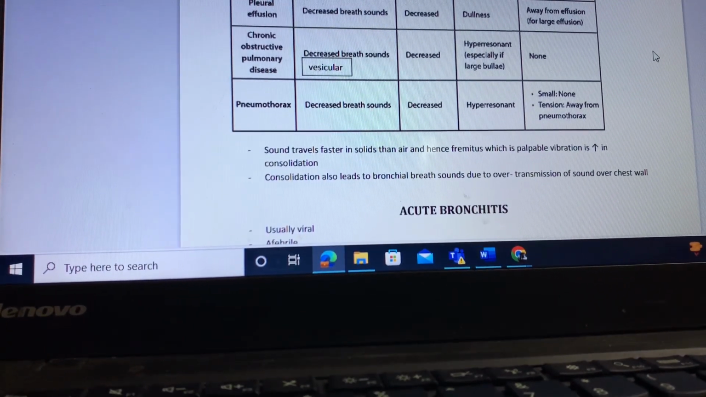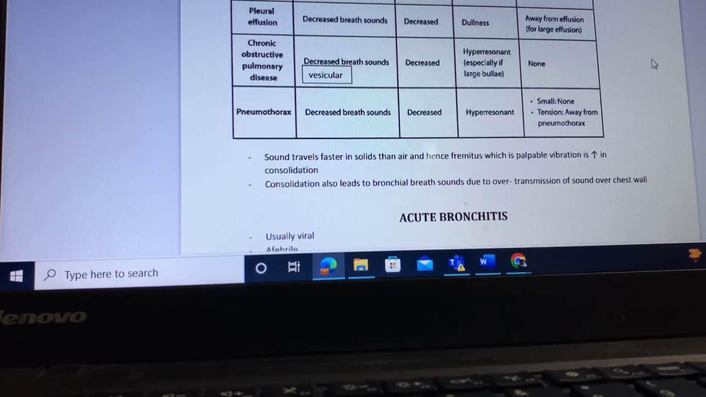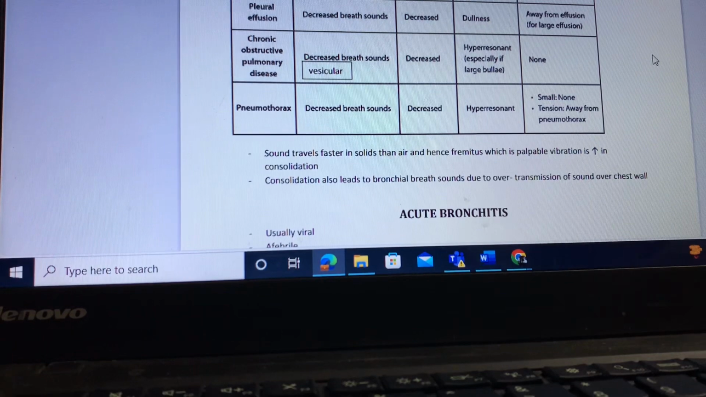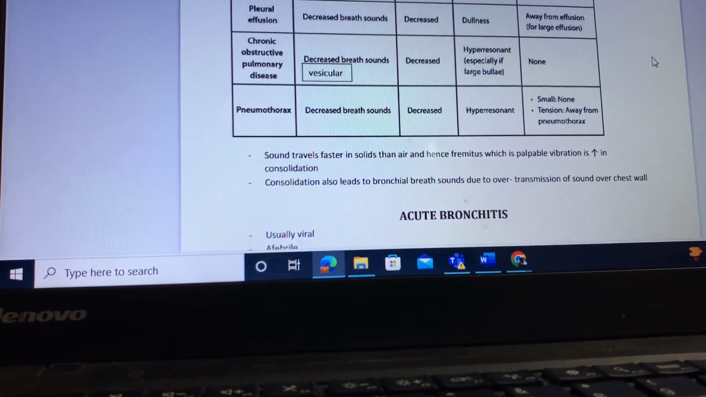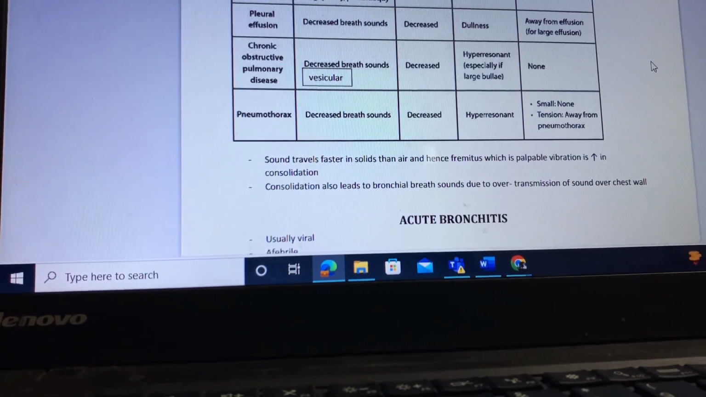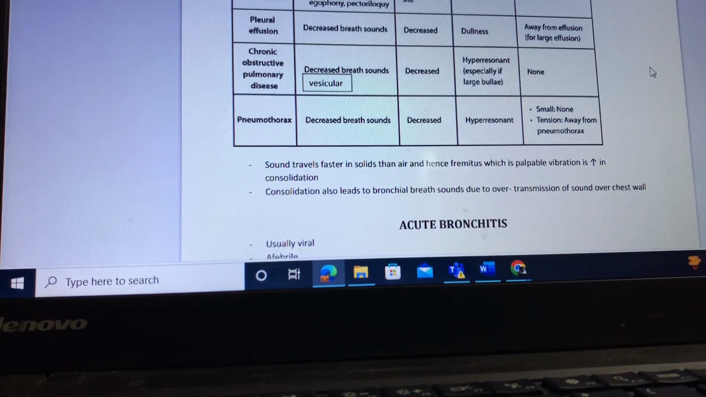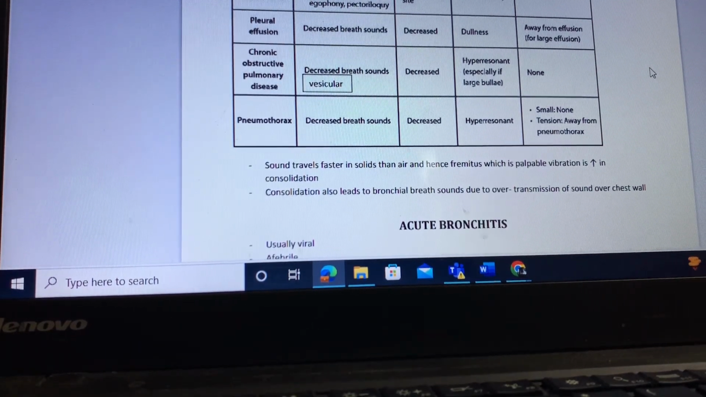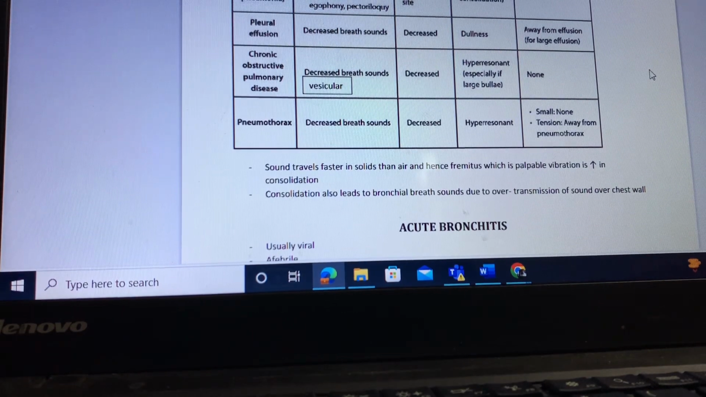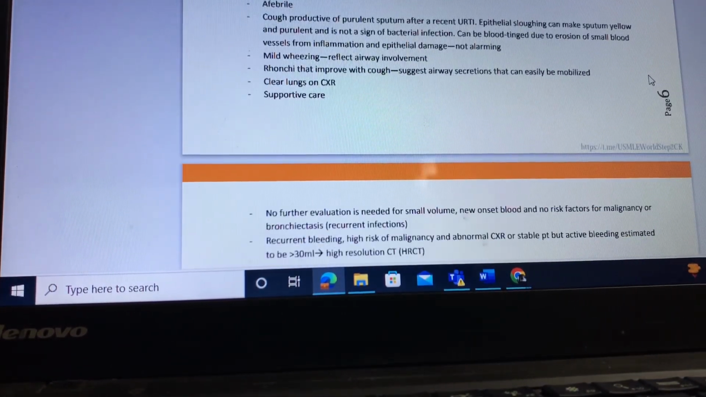So now, sound travels faster in solid. We all know that, and hence fremitus is a palpable vibration, as I just mentioned. So consolidation would lead to bronchial sounds due to over-transmission of the sounds to the chest wall, and that's why we are saying that in this case bronchial breath sounds are going to be there. Now let's talk about